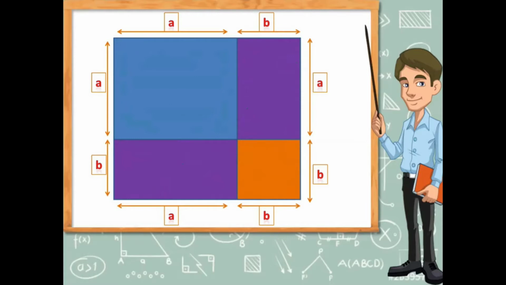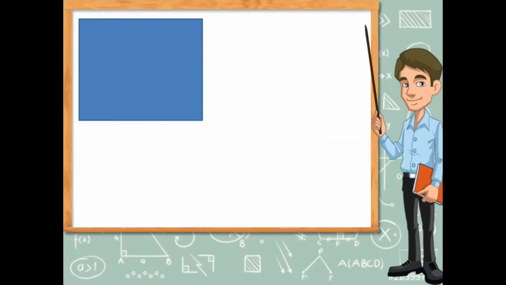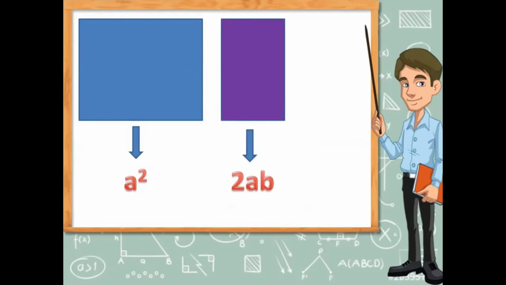Now in order to find the total area of the square, you have to add the areas of all these 4 parts, right? So what do I have to do? First I have to find the area of this part. This is a square with side a, so the area of the square is a square. The area of this region is a into b, as the area of a rectangle is a into b, but I have 2 rectangles there, so it will be 2ab, and the area of this part is b square, as it is a square of length b.